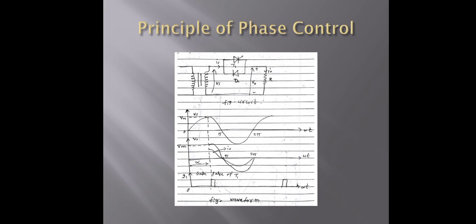Second, during the negative half cycle of the AC supply, D1 will turn on at omega t equal to pi, and then the load voltage and current are negative. Then the diode D1 turns off at omega t equal to 2 pi. That means for the positive half cycle omega t is equal to pi, and for the negative half cycle omega t is equal to 2 pi. And the gate signals applied here are the third waveform.